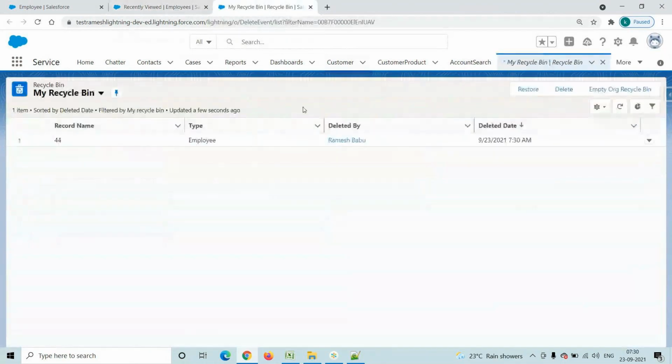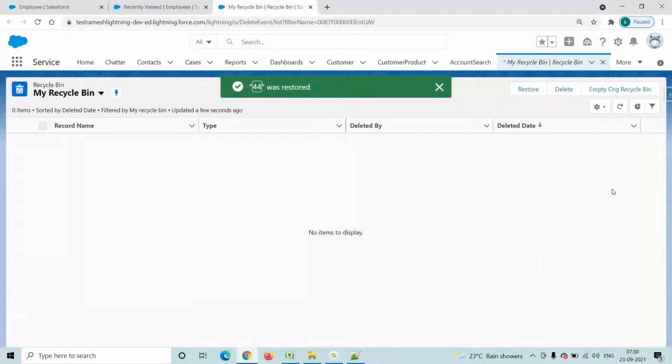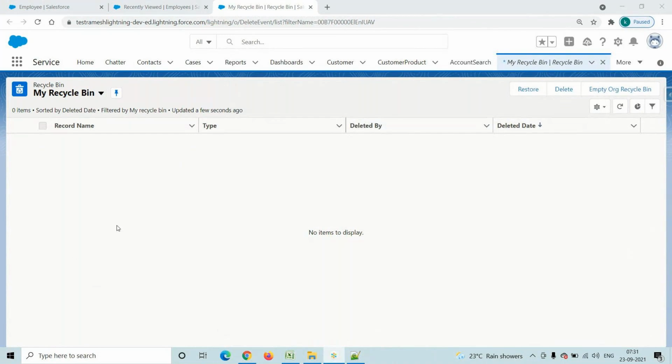See here, just now we deleted one record, right? So where is that record? Suppose I want to revert back that particular record, select this one, click on the restore button. That facility is there. Sometimes by mistake we delete a record, right? That record will not be permanently deleted, it will be stored in the recycle bin. Sometimes we delete fields or objects, they will not be permanently deleted, they stay there. If you want, you can go and revert back. If you don't want them, you can go and permanently delete those records or objects. This is for today's session. In the next session, we will go with a different concept.